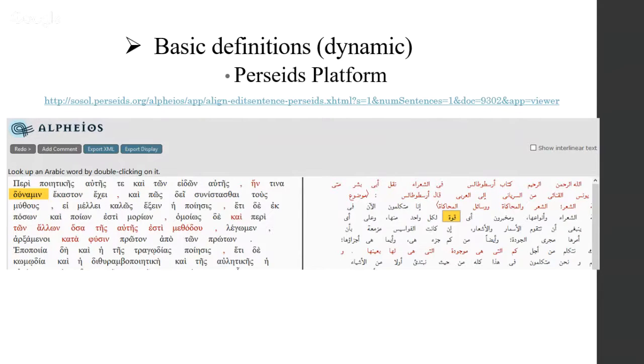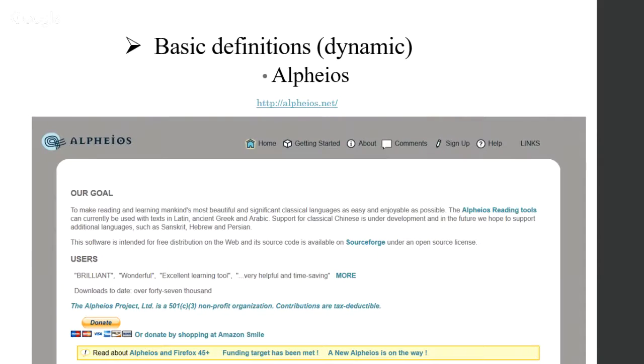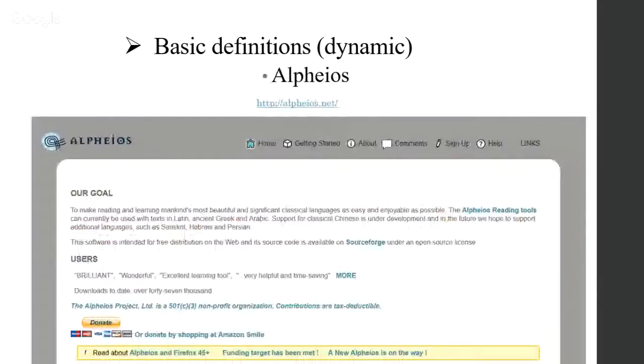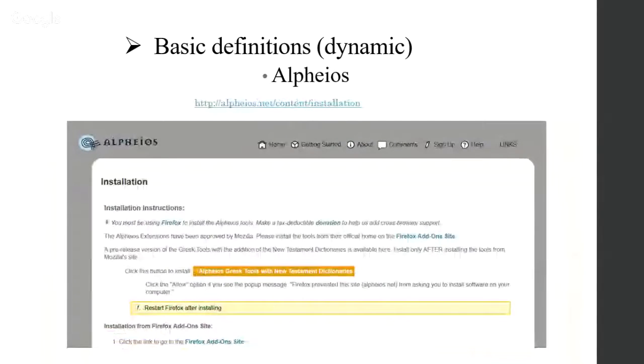And even if you cannot grasp the meaning of the Greek, for example, or the Arabic, you could go to Alpheus and download the Alpheus reading tools, which works now with Mozilla Firefox, but there is a Chrome version of it coming soon, as Harry told me.